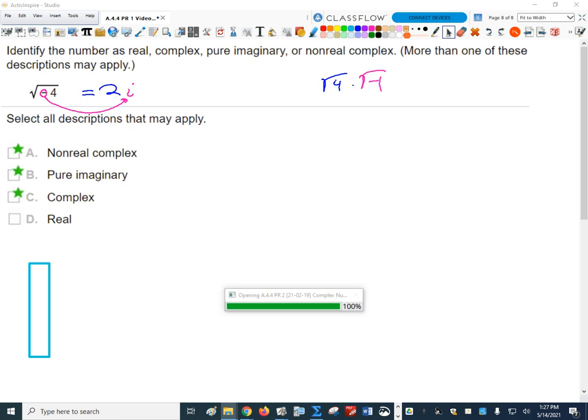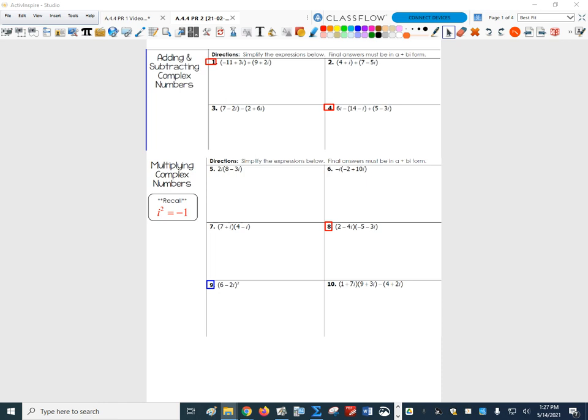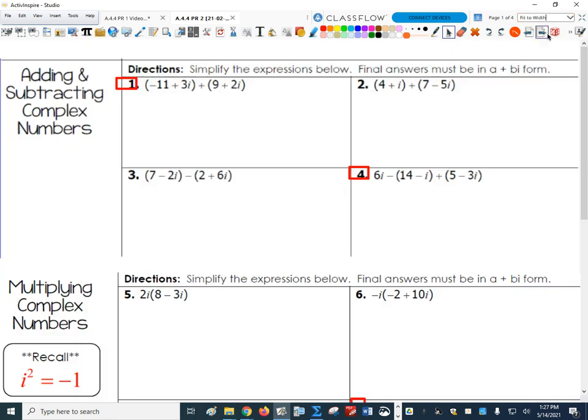Complex numbers. There we go. Practice 2. Okay, so this one deals with the arithmetic of complex numbers. And I'm actually going to stop this video